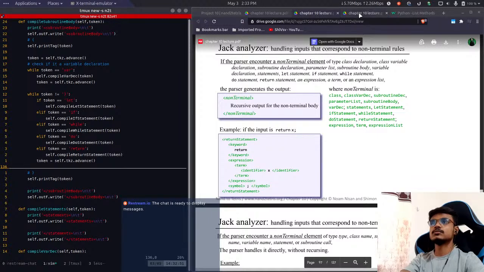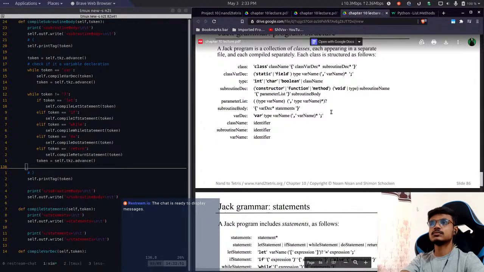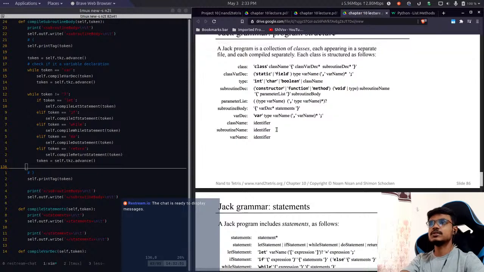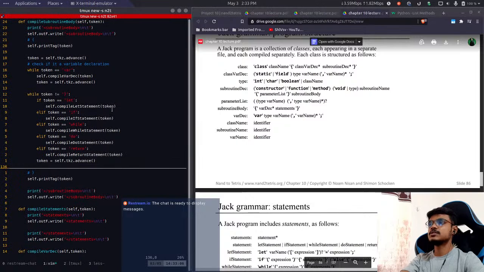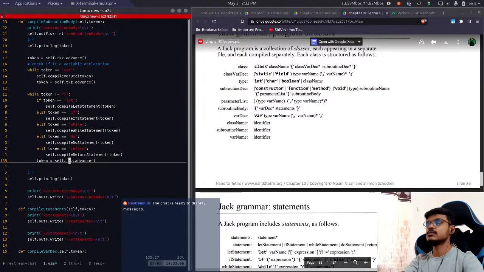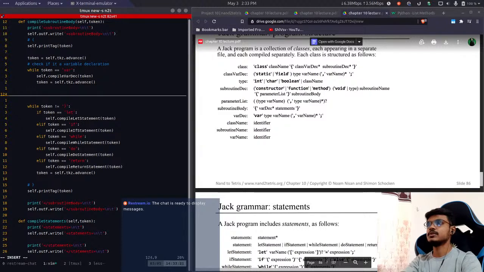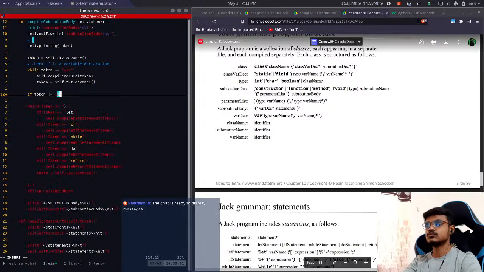So wherever we have statements, we should be calling this compile statements method. So here, suppose, what we really should be doing is, for the subroutine body, if token not equal to curly bracket